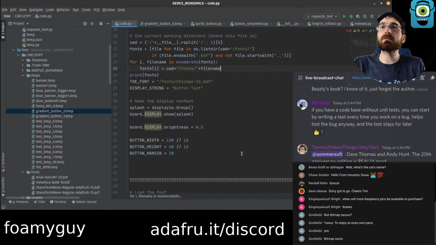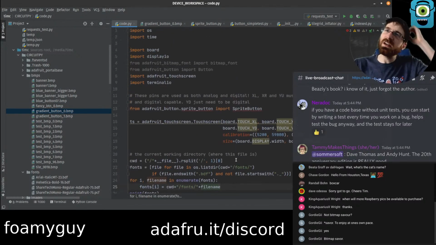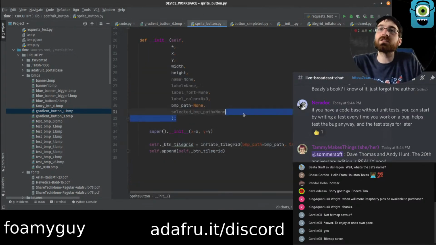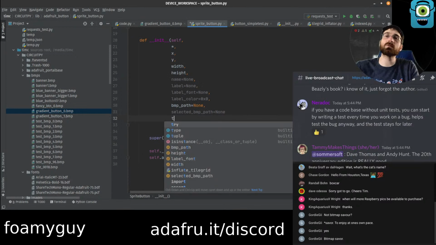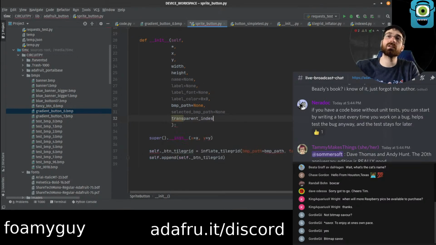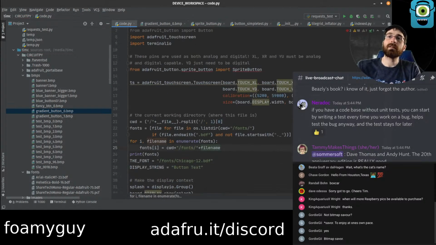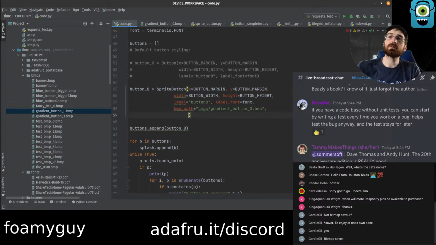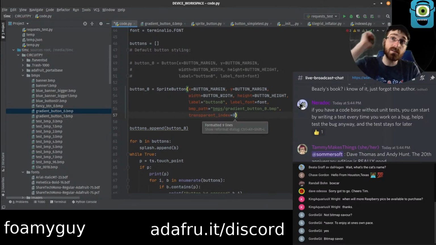It should be 0 for the transparent index. Oh, so I do think we will, I guess, need to have this get passed to here as well. Transparent index none. Whoop, that's the wrong thing. I don't know why these are not aligned. There we go.